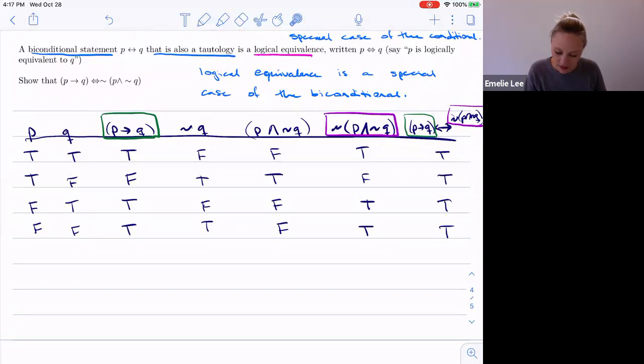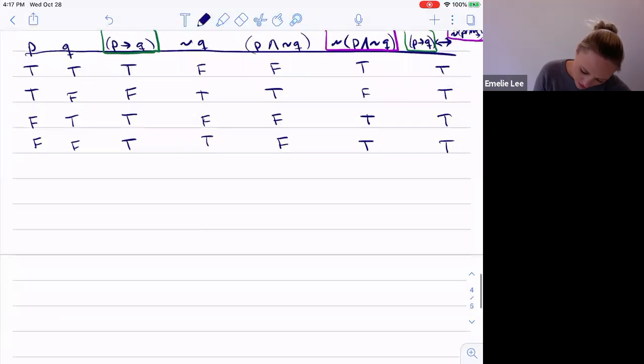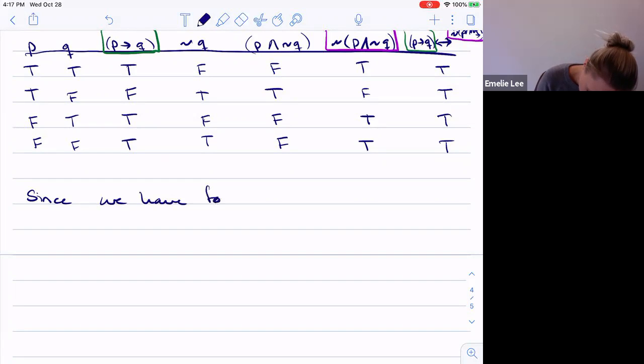So now, since this is a tautology, right, all the values are true, then we have logical equivalence, right? So that means that we can replace this biconditional arrow with the logically equivalent arrow. Okay. So since we have found a tautology,